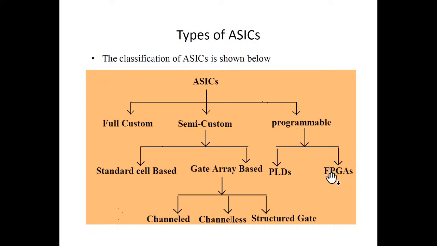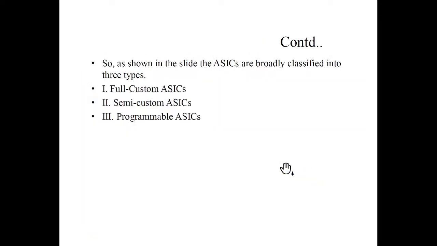In FPGA, some configurable logic blocks are there, and by using some programmable switches we connect one configurable logic block to another configurable logic block. And if you divide PLD into various types, there are three types of PLD: PAL, PLA, and ROM. These are the three categories of PLDs we already discussed in our previous lecture.